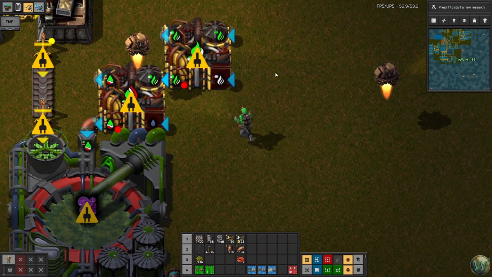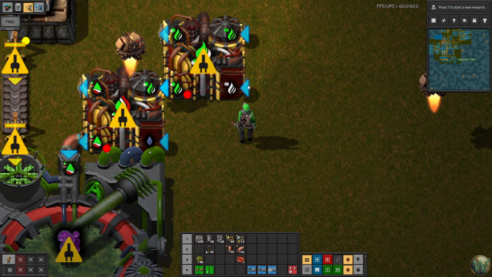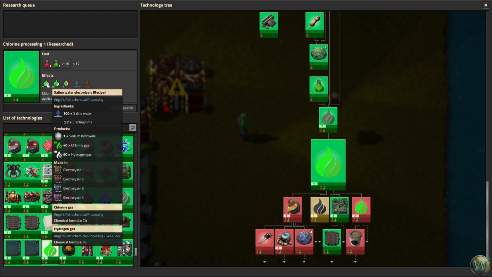Hydrogen and chlorine, or rather, chlorine we can get from, actually both, I think. We can get from electrolyzing, which I think is also part of that same recipe. Electrolyzing saline water. It produces sodium hydroxide as well, which we actually can't use at any point in the near future. So we're going to have to store it up and deal with it at some point in the future. But chlorine, it produces chlorine gas and hydrogen gas. Now it's going to produce more than we need of one or the other of those,